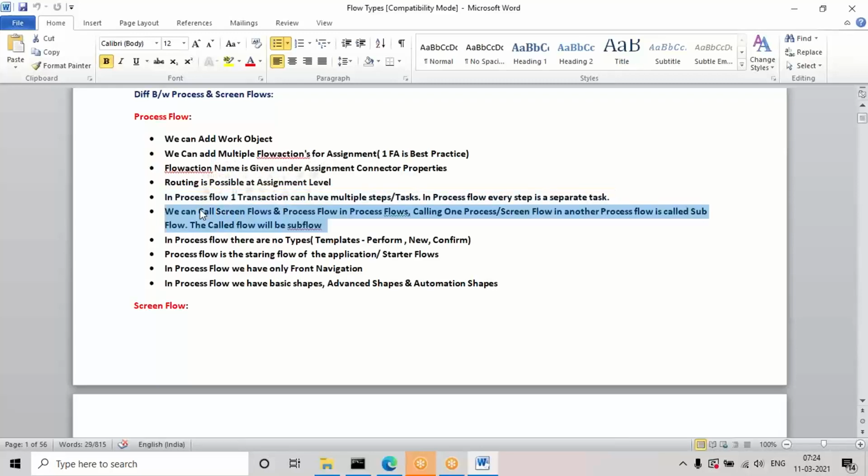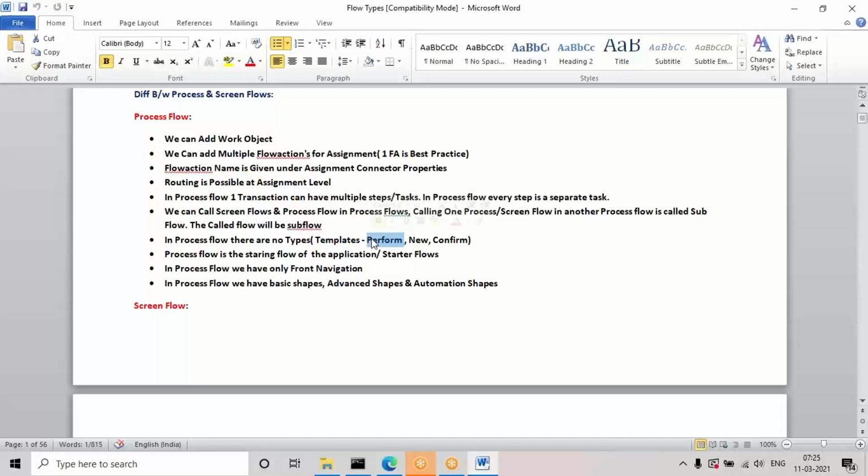Whenever we create a flow, we have to call it in some other flow. For screen flow it is compulsory, but a process flow in some cases we will call in another process flow. That is nothing but a subflow. Any called flow is called a subflow. In process flow there are some templates, right? Earlier we saw harness types and so on, like perform, new, confirm.